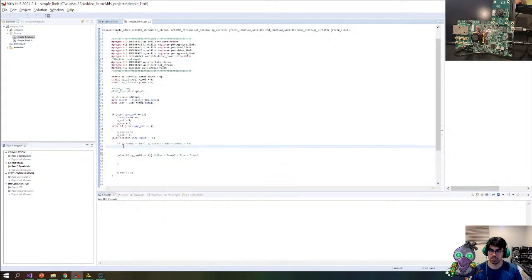So if this is the case, what we're going to have to do is we're going to deal with the green ones first. So green 1 is P0, P1. And so we're going to say if pixels dot P0 is greater than green 1 limit,